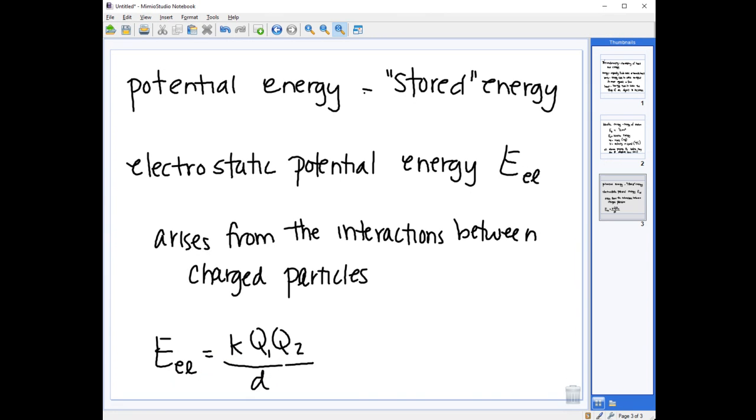Okay, where this K here, it's kind of a weird K. This is a constant. Okay, and it's the proportionality constant. And then the Q1 and Q2, those are our charges on our particles. And then D is the distance. Now, we're not going to work any problems using this formula, but I wanted to provide it for you, that